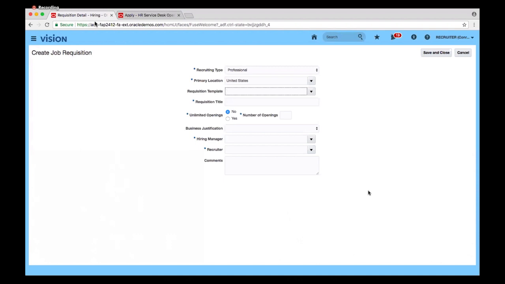It could even be more granular. You could pick something in California or Virginia, whatever you feel like. And then the requisition templates will be filtered based on that. There might only be one, or there might be a few that match, and then you can pick the right requisition template. Once you pick the requisition template, pretty much, like I said, depending on how the requisition template has